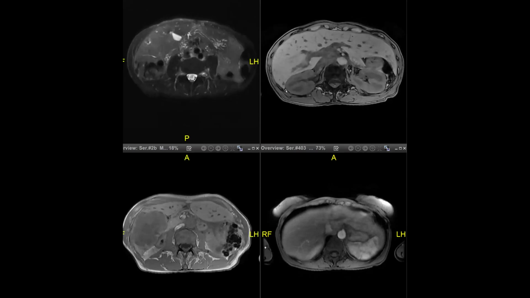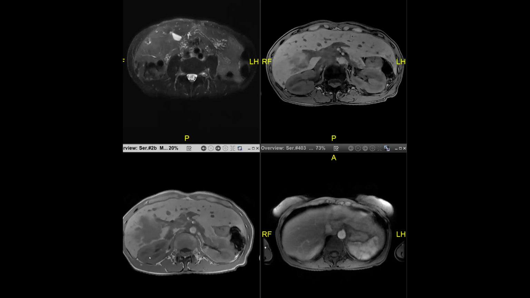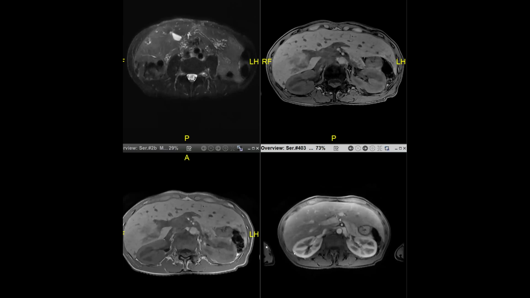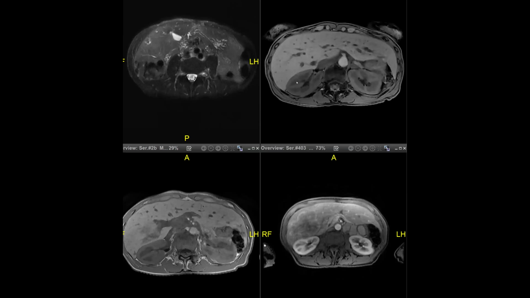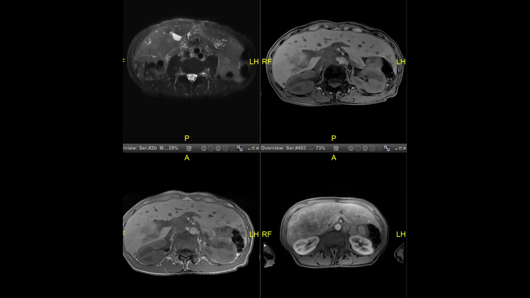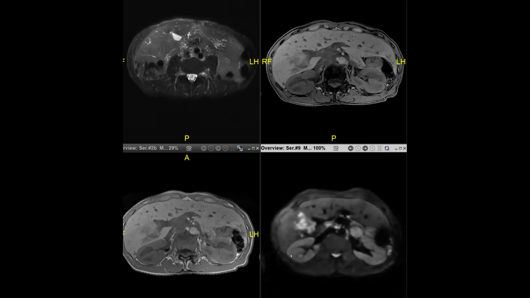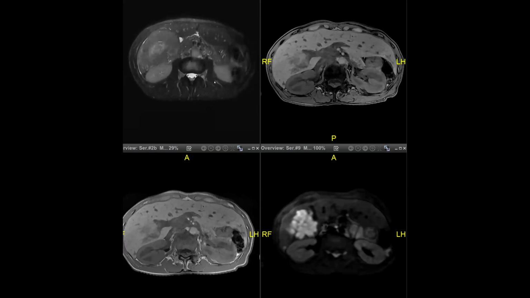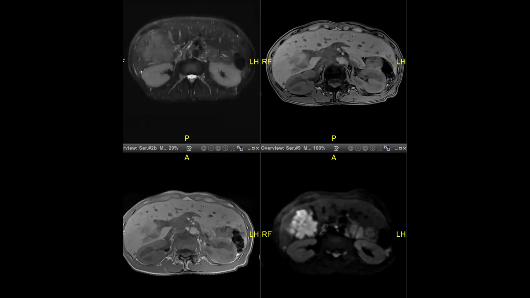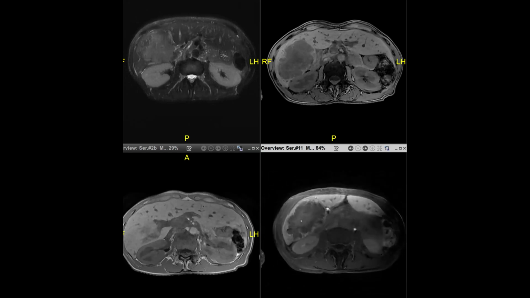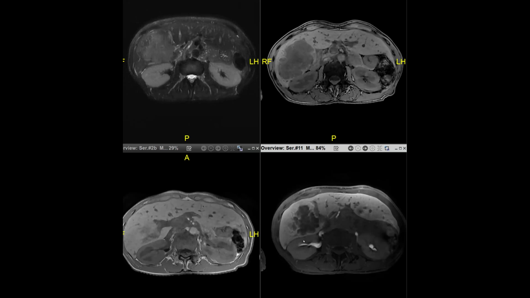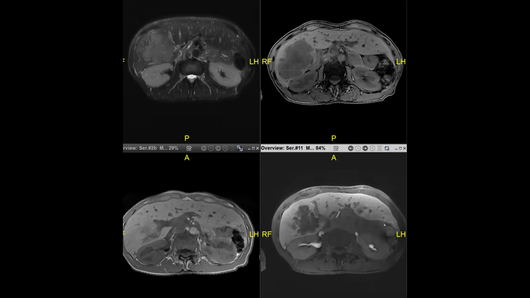Another finding is right here. You can see that there's another little space occupying lesion right there. Can't really see it on contrast, maybe it's here, but definitely here on diffusion. There's a little diffusion restriction, and there it is on T2. There's definitely a third little metastasis. Yeah, this is a great example of how MRI can really help more than CT